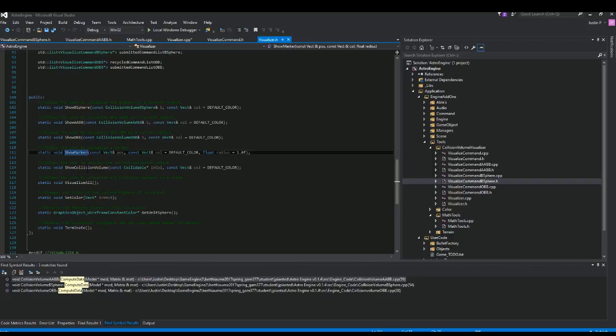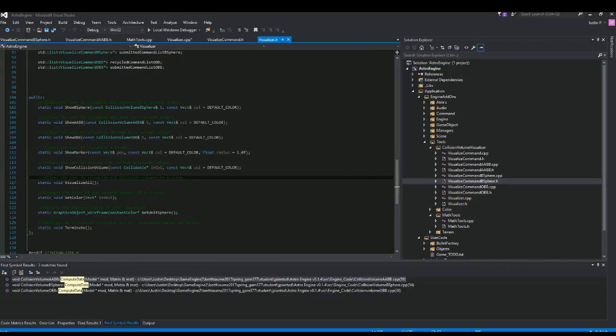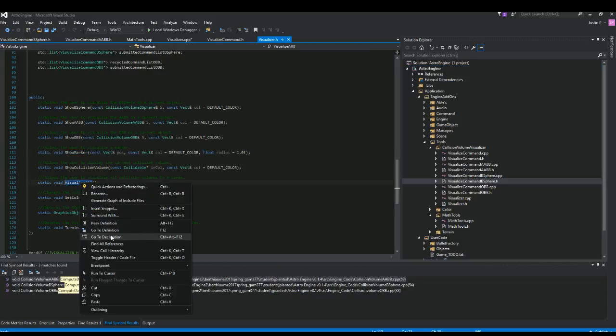But then also there's a show marker function, which I think is here in the tools. There's no line, just because it was taking too much time to put in, and I ended up getting the collision stuff working anyways. So there's just the marker for now. There's also the visualize all function,